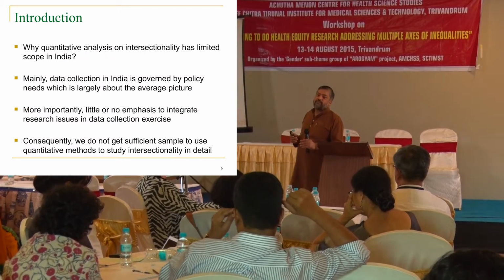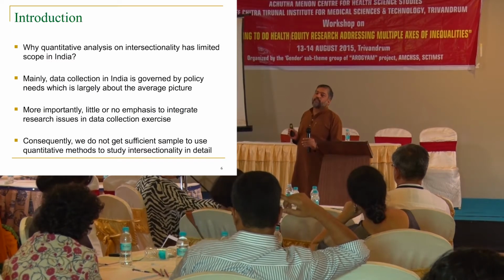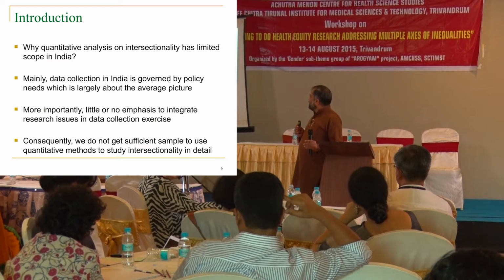Now, when we say that the intersectionality analysis we are doing, I am not denying that what we are doing is limited, but it is actually that the existing data gives us very little scope to do a proper intersectionality analysis. Why? Because most of the large scale data sets, like the National Family Health Survey, DHS, all you take, have an intended purpose of estimating certain parameters, seeing differentials and all this. They have not obtained the data for me. Any data that I analyze, I am an analyst, I say that is not obtained for me, but I have to make the most of it, and that's what we are doing.